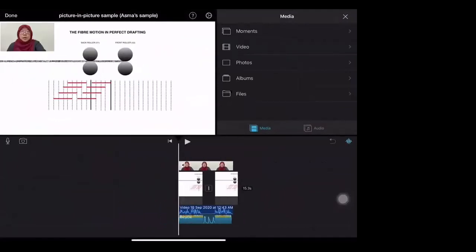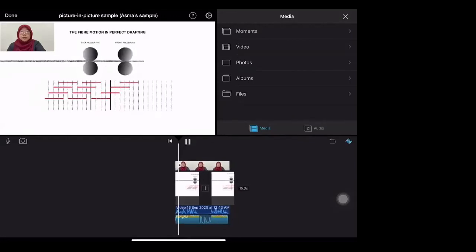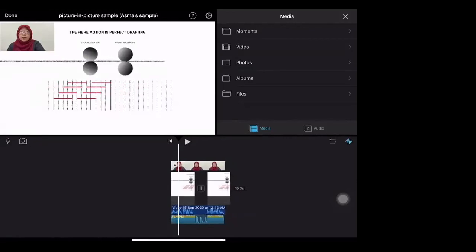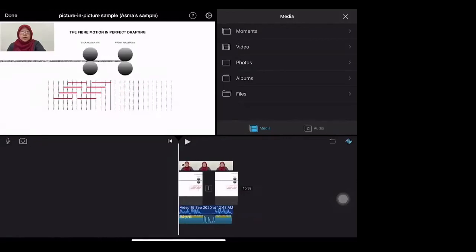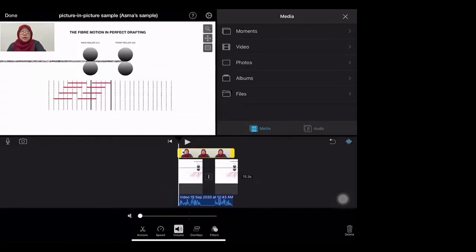All right. So this here is the narration. The front rollers move faster than the... So I've added a sound. Let me just delete this first. Remember, if let's say the sound is not loud enough or audible enough,